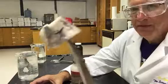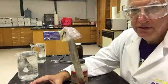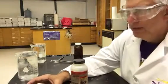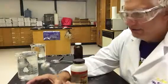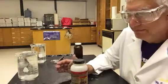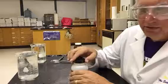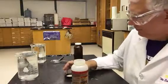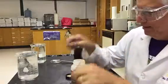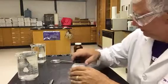It is relatively malleable. I'm basically just poking it with a scoopula here, which is just like cheap silverware that you might have at home. And one of the interesting properties of the alkali metals is they're so reactive. They react with almost anything, so you have to store them in oil. So I've taken some sodium out, I'll put it back in, but I do have a small lump of sodium here,